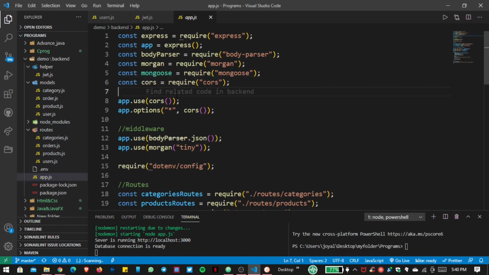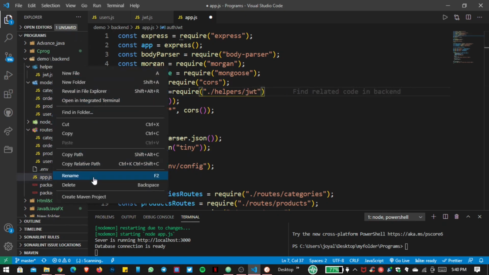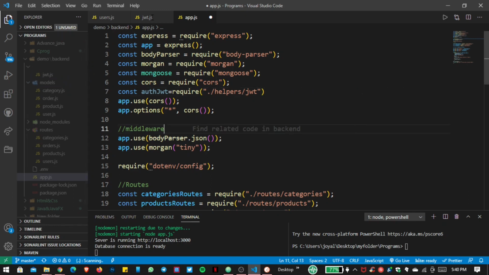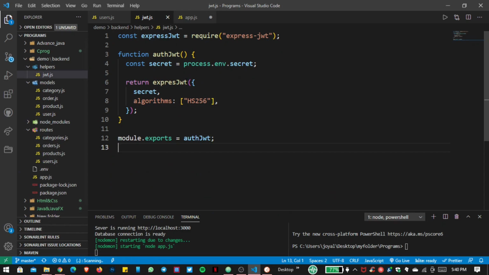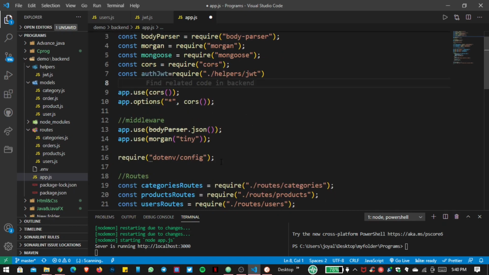So I want to import authJwt with require, and this comes from helpers jwt. Here you can see we write helpers, so I rename it to helpers, and here we have to write double s express jwt. So our authJwt is now imported, and we also have to import this .env config file, because inside our authJwt file we use